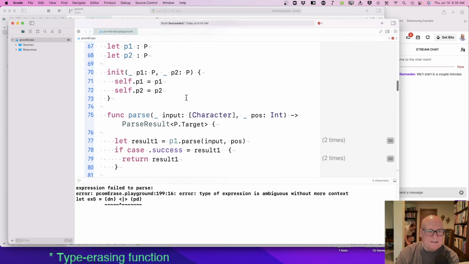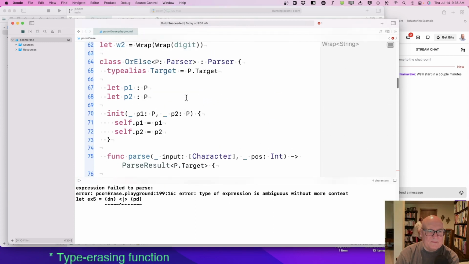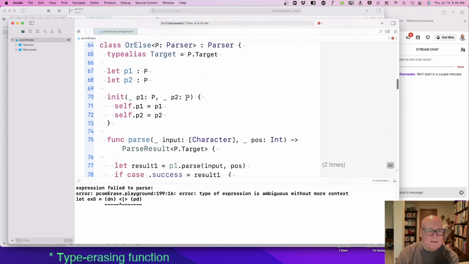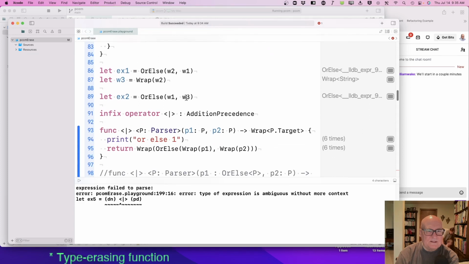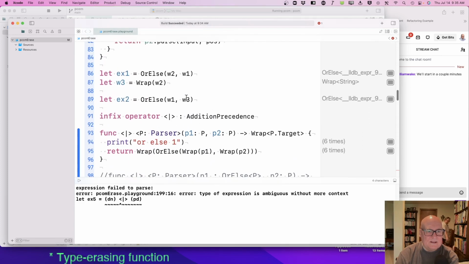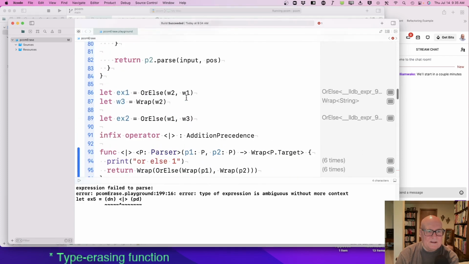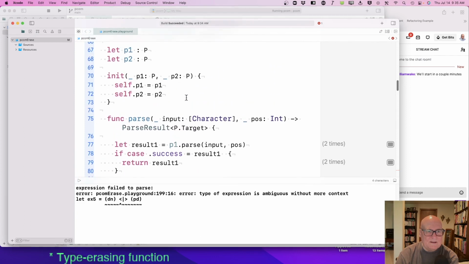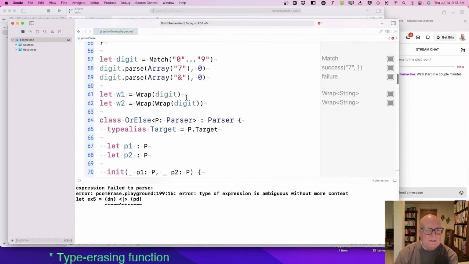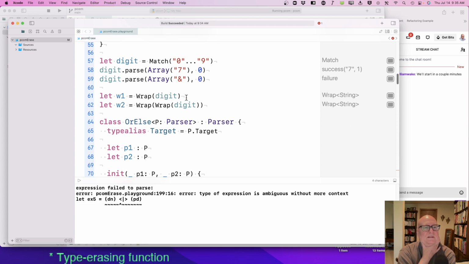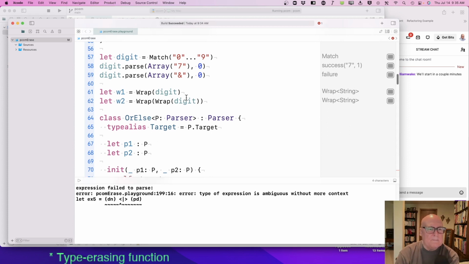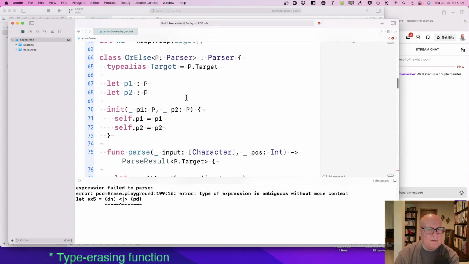Okay. OrElse. P1, P2, and then the type is what? Is the type?